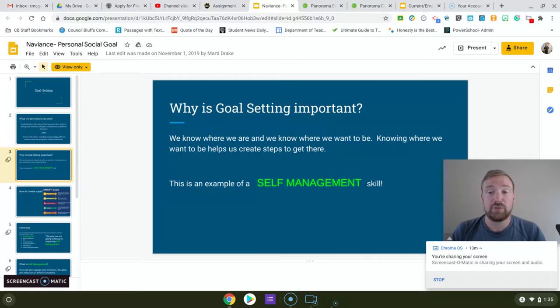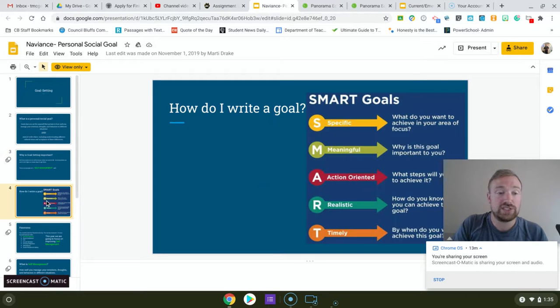We used the SMART goal template so that students are able to set specific goals around social emotional learning, making it realistic and making it something that they could track and see how well they were doing.